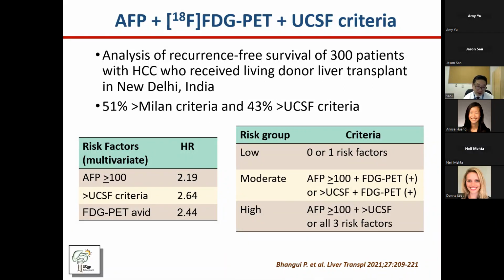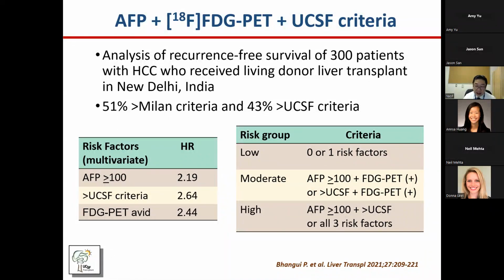More than 50% of these patients had tumors beyond Milan, 43% exceeded UCSF criteria, and in multivariable analysis, they found that AFP of at least 100, beyond UCSF criteria, and FDG PET avidity are independent predictors of